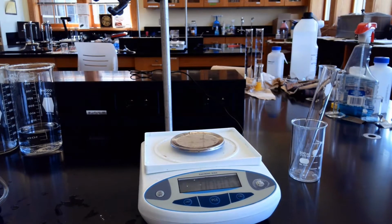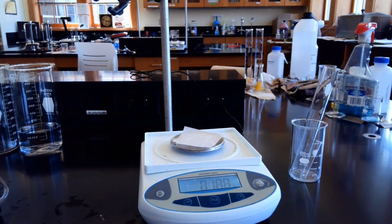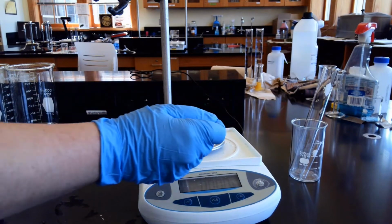Let's start trial number 2 now. What we're going to do is take our piece of weigh paper, put it down, and hit tare. Again, we're still looking for that 0.24, 0.23, somewhere around there. A little less technically, but